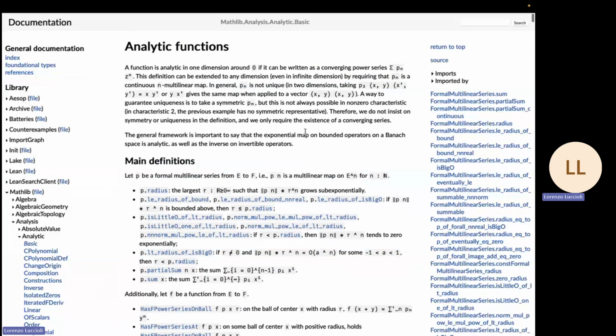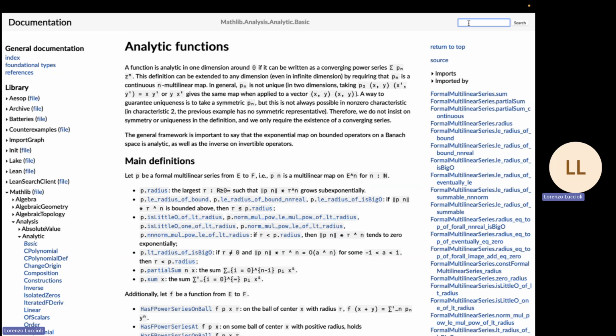Now that's not usually how you browse the library, though. You don't know where you want to look because you usually want to search for a specific result. So you will not try to browse the library manually. You will write some identifier that you think is related to the name of your theorem according to some notation. Usually, for simple theorems, if you have some experience, you can more or less guess the name out of the